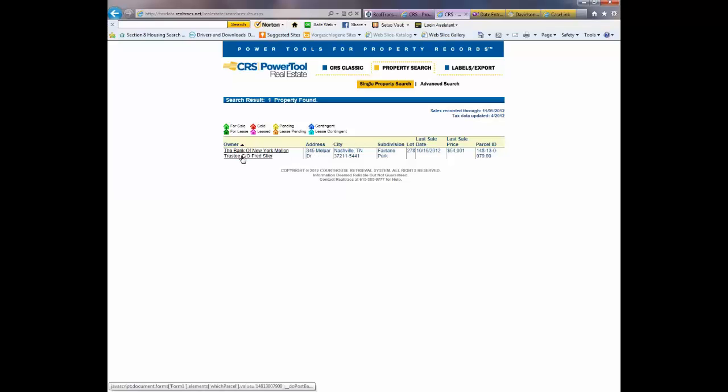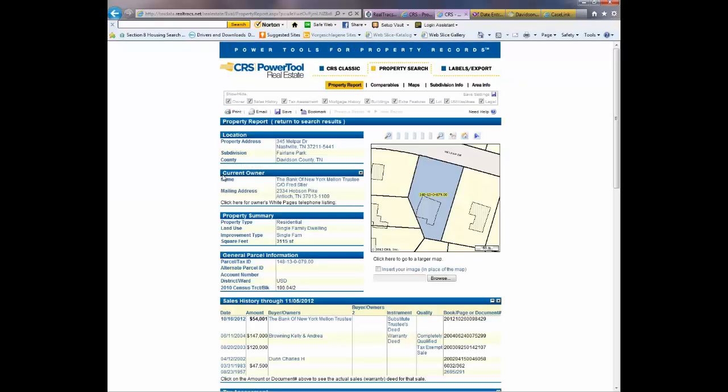And all right, you can see, we're going to look at this one. You can see first off that it's a bank that owns it, so that's no good. What that means is that this person probably owned it, and then they defaulted on the loan. They didn't make their payments, so that bank ended up taking over